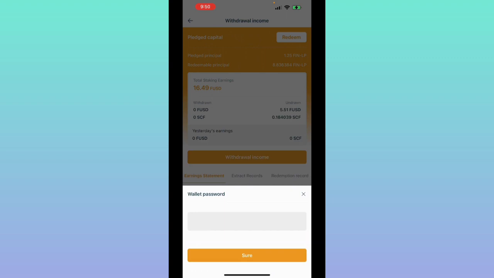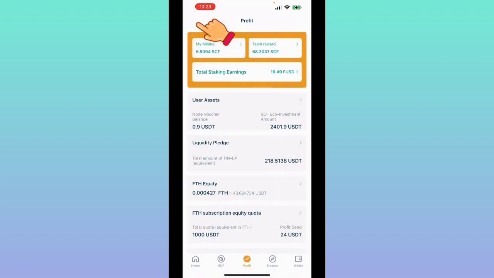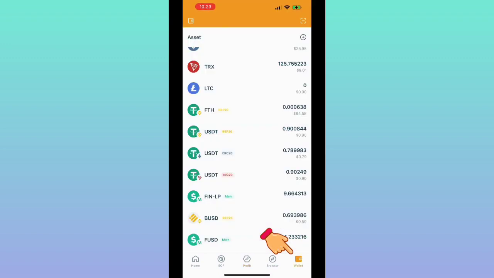Then this LP should show in the wallet shortly. After I refresh this page, you can see that this redeemable principal has already reset back to 0. So now I want to go back to check on the wallet. Click on the go back button at the very top left corner and go to the wallet to check on the balance. You can see that the balance of the fin LP has already been added here,